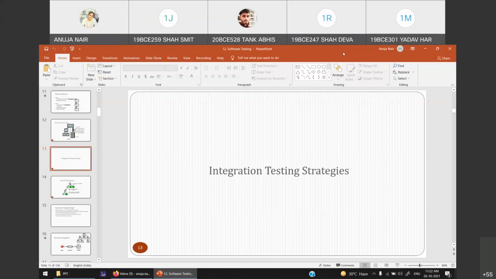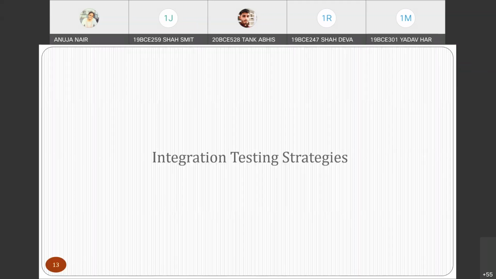Now, the next topic is integration testing. As the name suggests, when you test multiple units, when you combine multiple units and test them, it becomes integration.